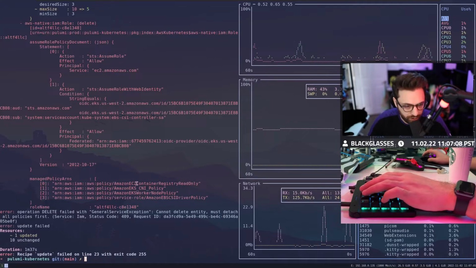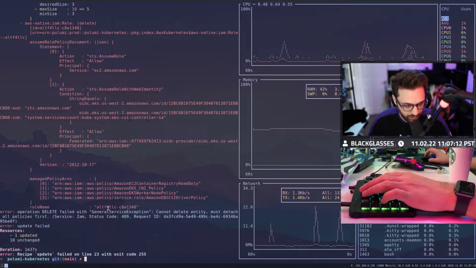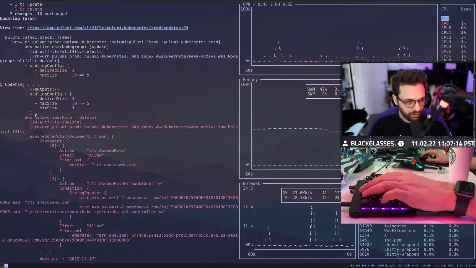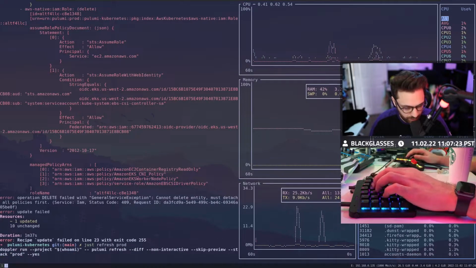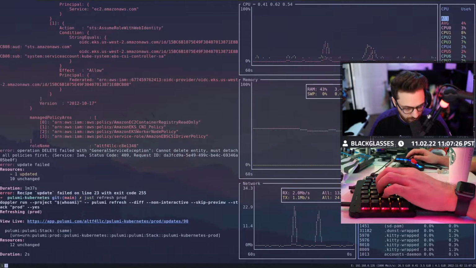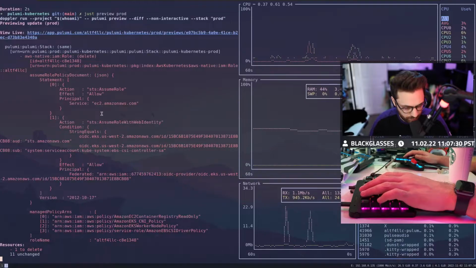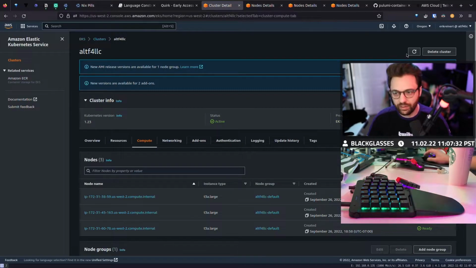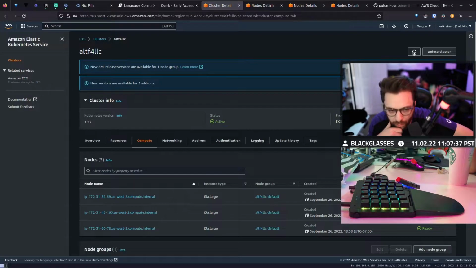So partially upgraded. This is fine. The delete on the role failing is totally fine. But this looks like... Just refresh prod. Did it actually get updated though? Yeah, okay, so it did. So hopefully here in a second we should get a new node. If not, I might just manually add it.